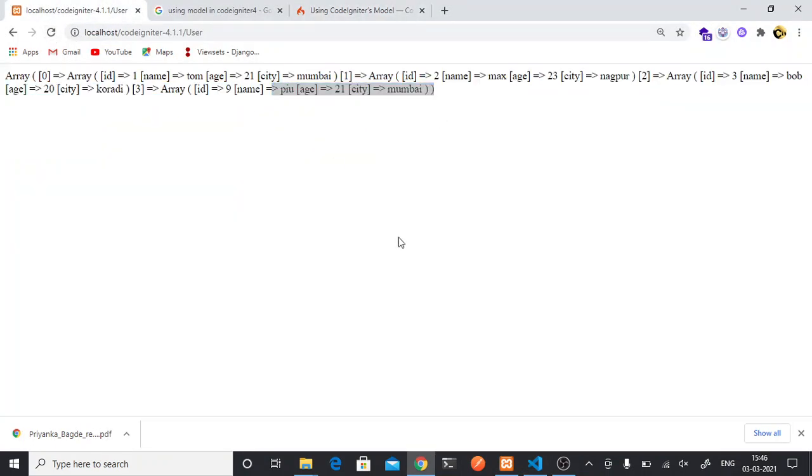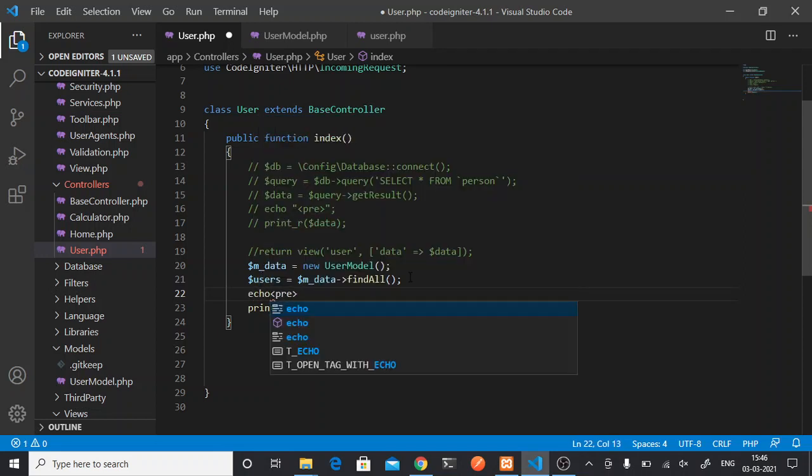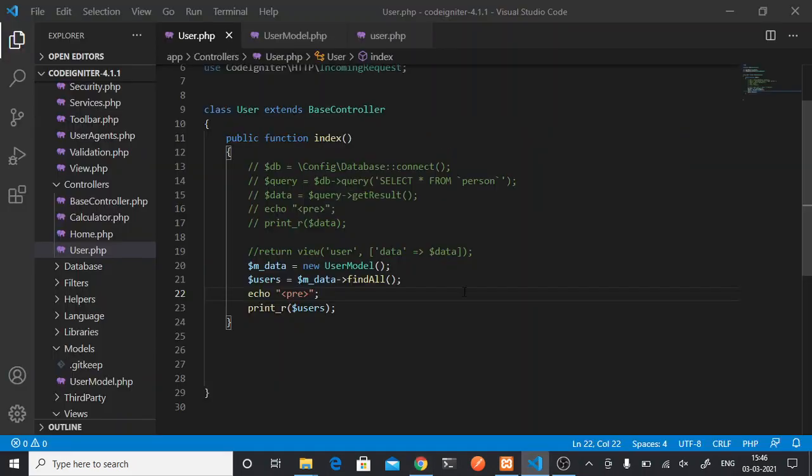So here we are getting all the data. Echo pre. So we have got our data using the model.